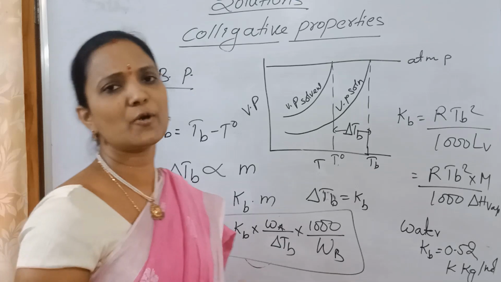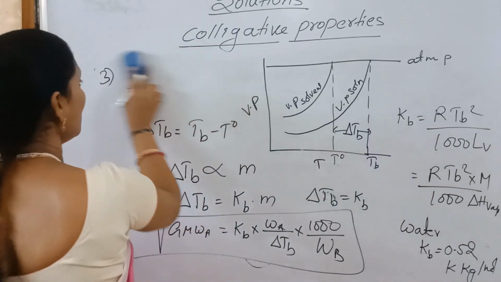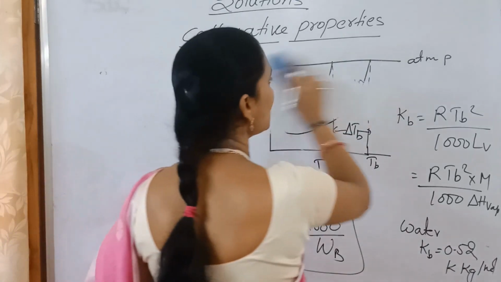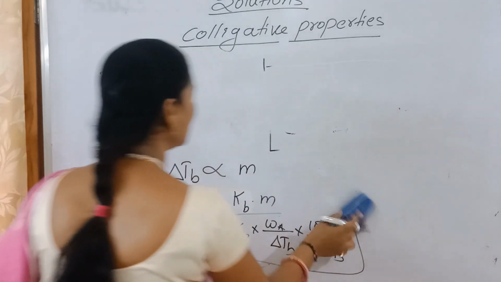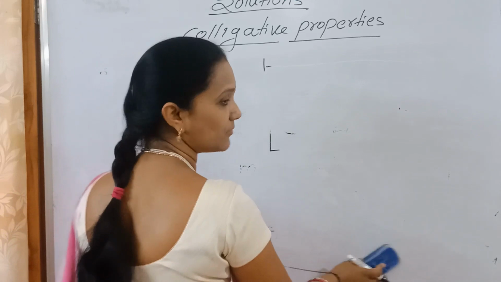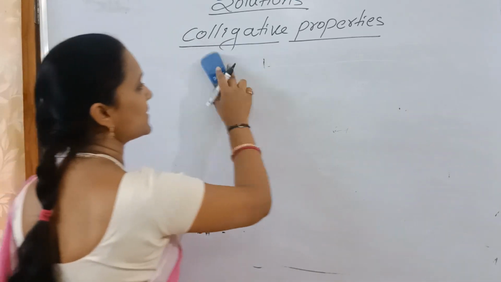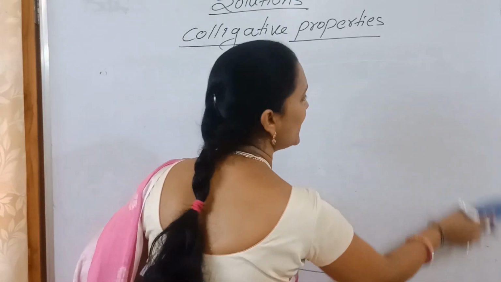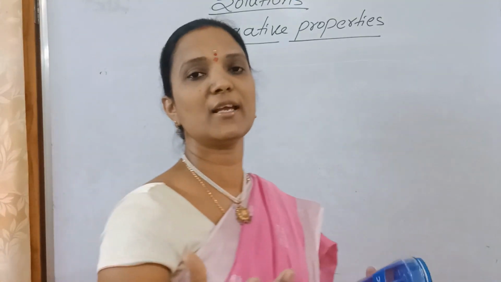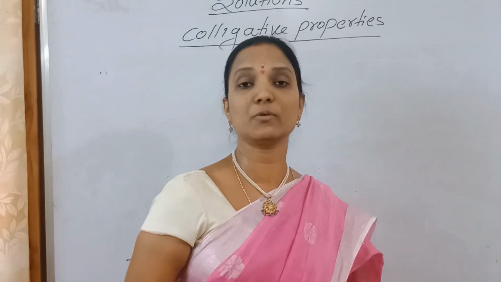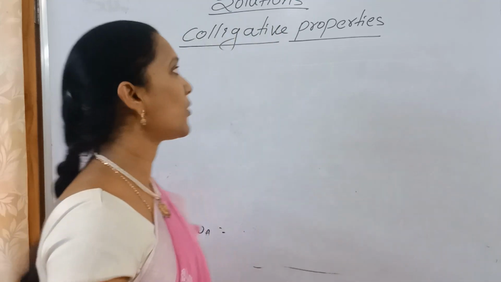Its application is important, and a repeated one anyhow: a pressure cooker reduces cooking time. Why does it reduce cooking time? Because a non-volatile solute is present, its boiling point increases, so it does not boil easily. Boiling point increases, so it cooks in less time. So the answer is elevation in boiling point.